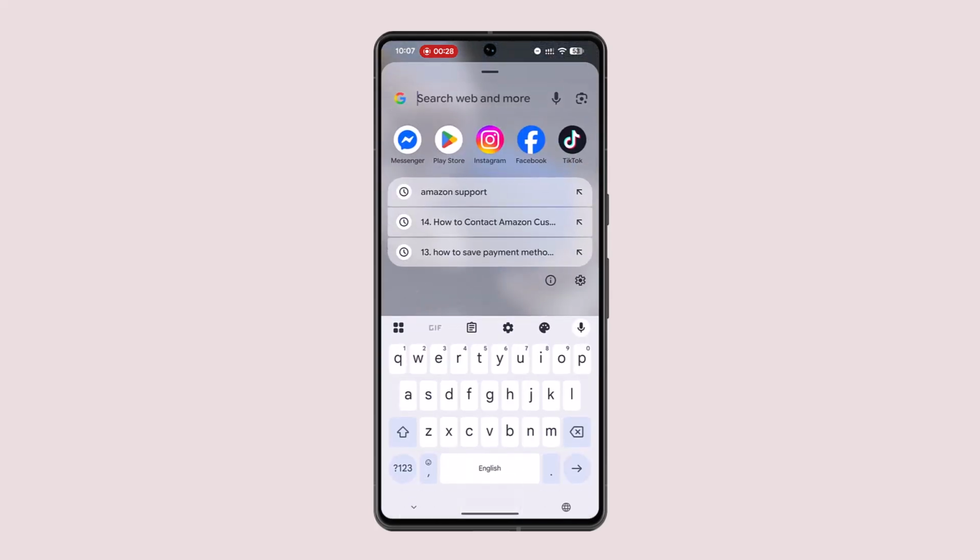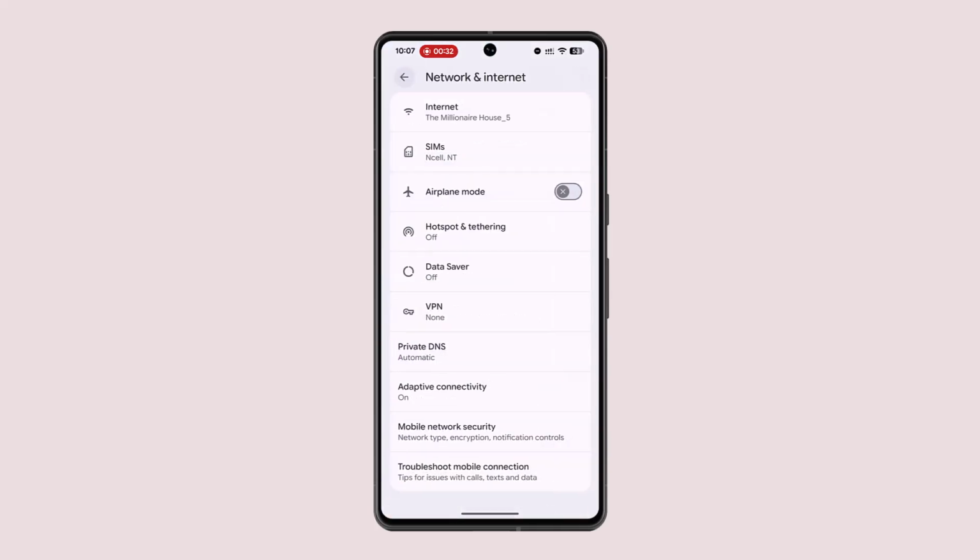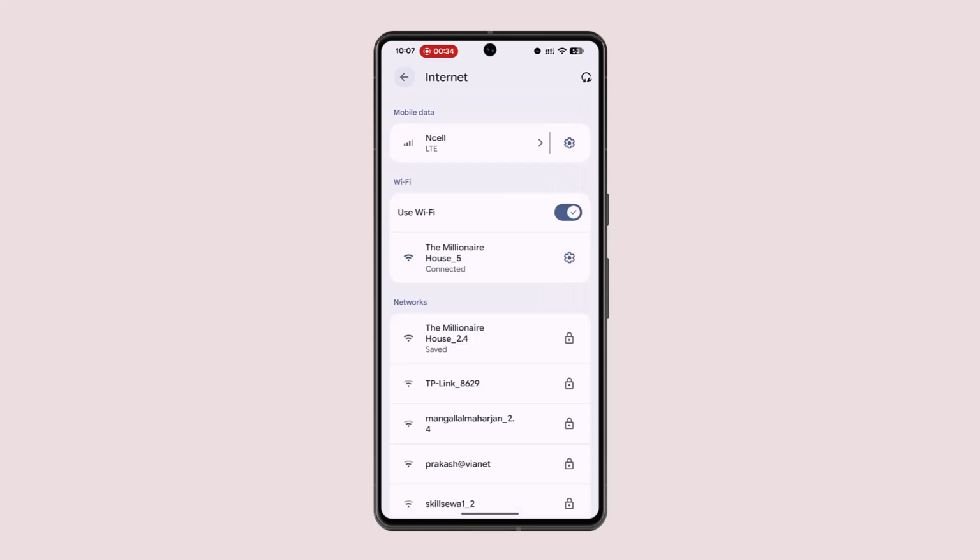Next thing, you also want to check your internet connection. For that, head over to your settings. There you go, internet and network, and go to internet section. And here you could just go ahead and switch between mobile data or Wi-Fi, and that's how you're going to fix things out. Next, you could also restart your device, as sometimes a temporary glitch can be solved with a